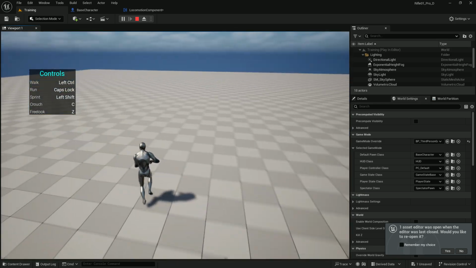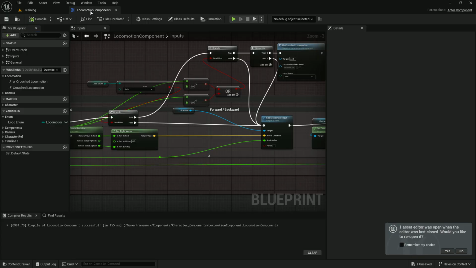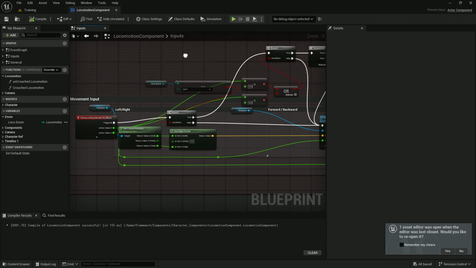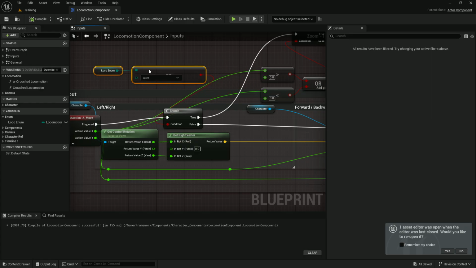Stuff like that. So this isn't my locomotion component. I wrote this locomotion component in that hour-long video. I'm not really expecting anybody to watch that. That's actually really long. But this is what's going on, right? So off of triggered, I created a branch. If you're sprinting, if you are sprinting,